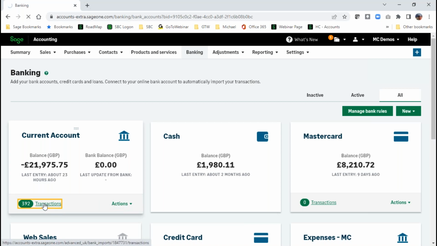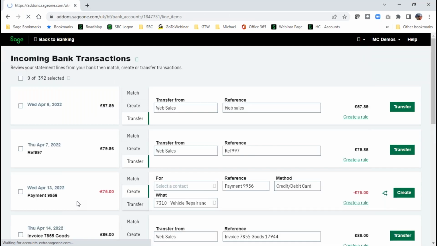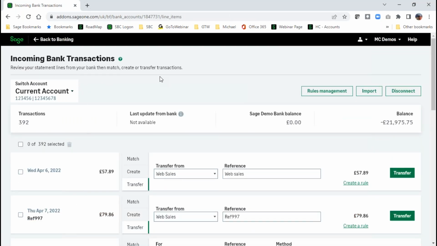So we're going to click the link to take us into the list of transactions that have been downloaded. This is the incoming bank transactions window. Now there are 4 key bits of information for the transactions downloaded from the bank. It's the information in this left-hand column. We have the date of the transaction, we would normally have a reference for the transaction as well, you have the value, and also whether it's